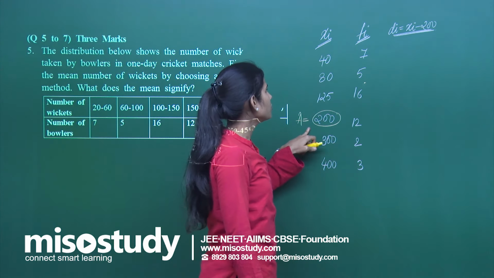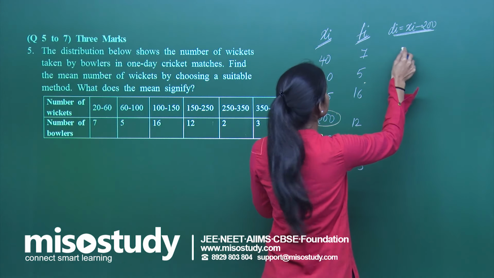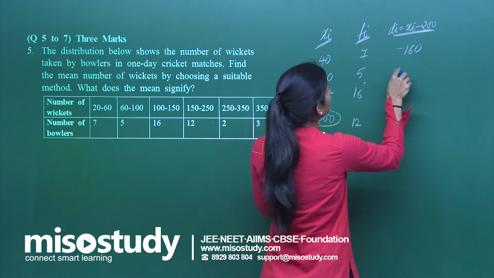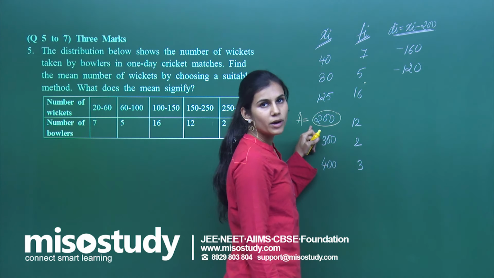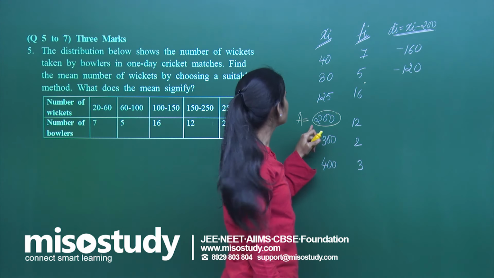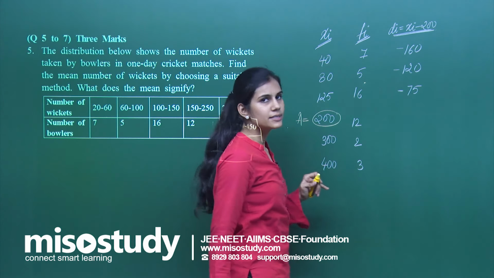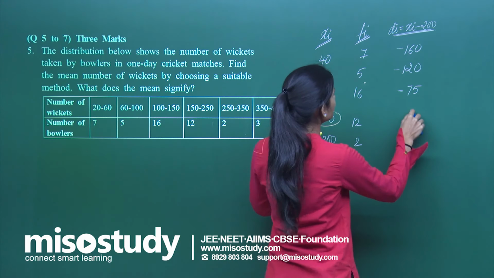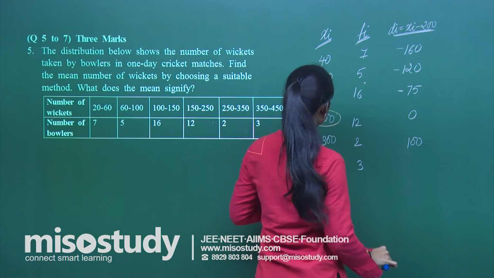40 minus 200, that is 200 minus 40, which gives you 160 with a minus sign. 80 minus 200 gives you minus 120. 200 minus 125 gives you 75, but here it is 125 minus 200, so it is minus 75. Then you have 200 minus 200, which is 0. 300 minus 200 is 100, and 400 minus 200